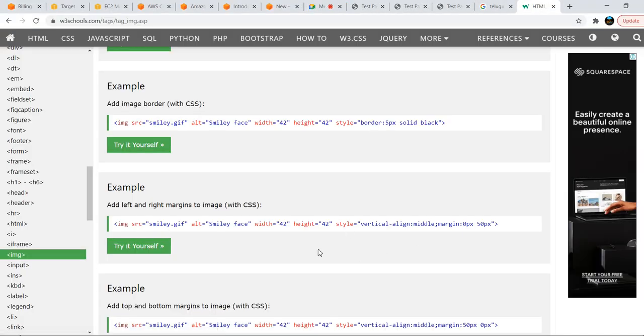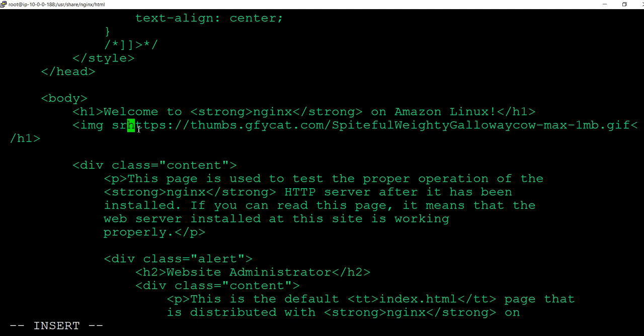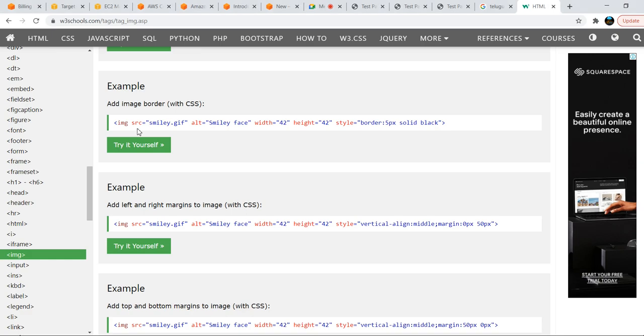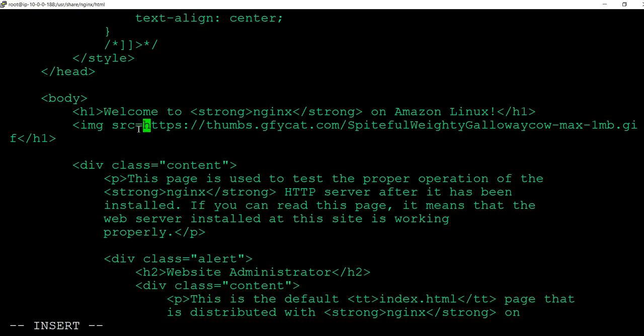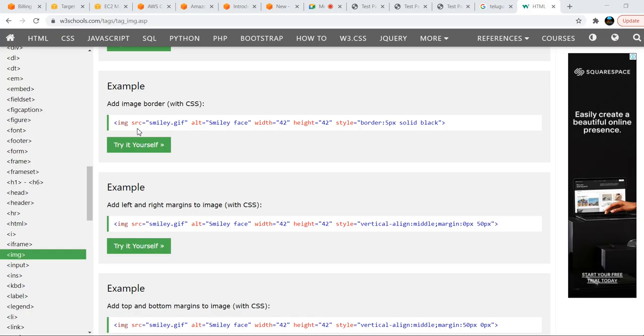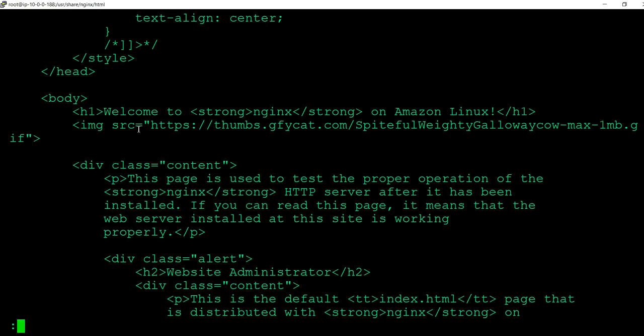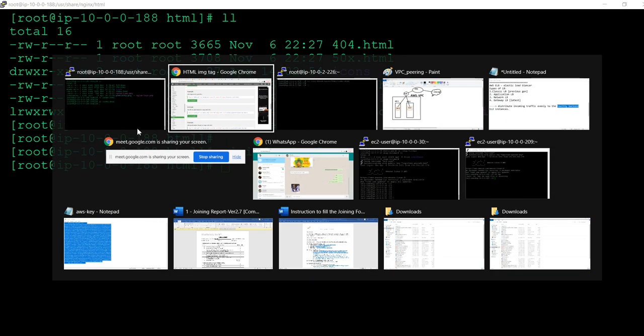Image space, okay, src equals to, and need to go and, okay, escape, wq, and I'll verify in server 1 again.